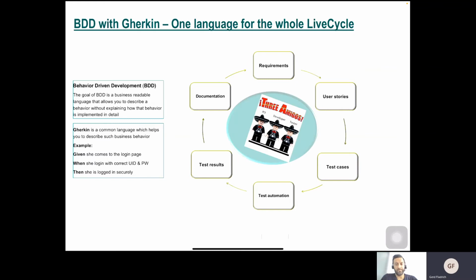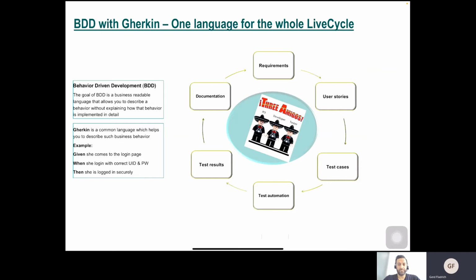At the very same time, the tester can start to write test cases, or takes his Gherkin from the requirement and puts some more information in there, like variables and other information he can add, and then he has his test case. Right from there, you can start with test automation, and the good thing is you can still use given when then for test automation.